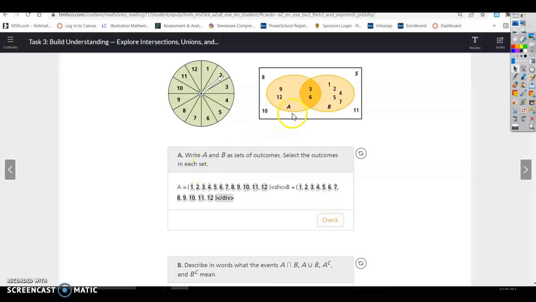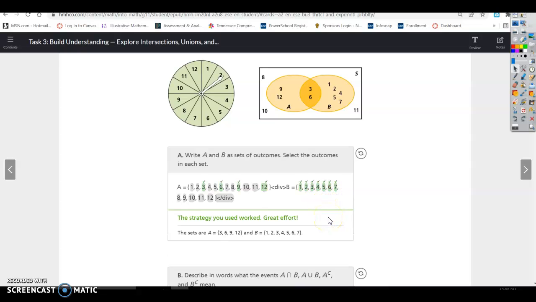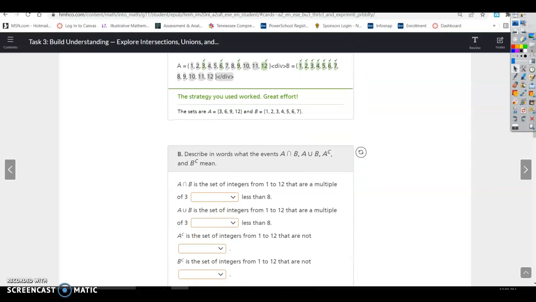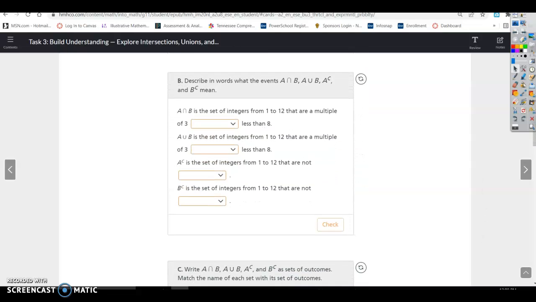All right, so A is our 3, 6, 9, and 12. And B is everything less than 8. All right, describe in words what the events A intersect B, A union B, and A complement and B complement